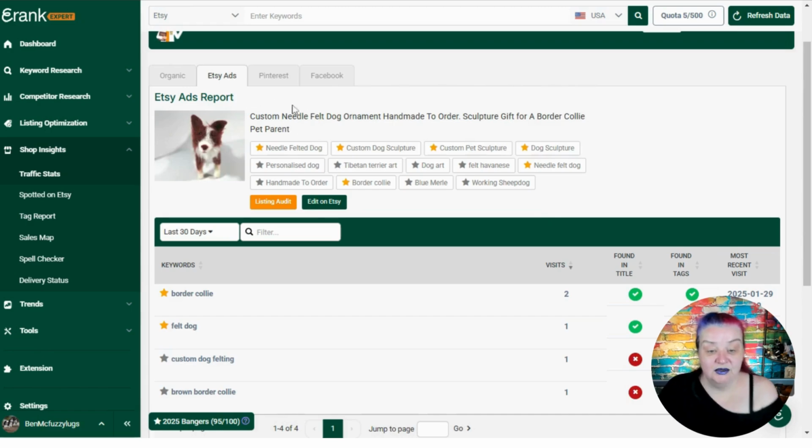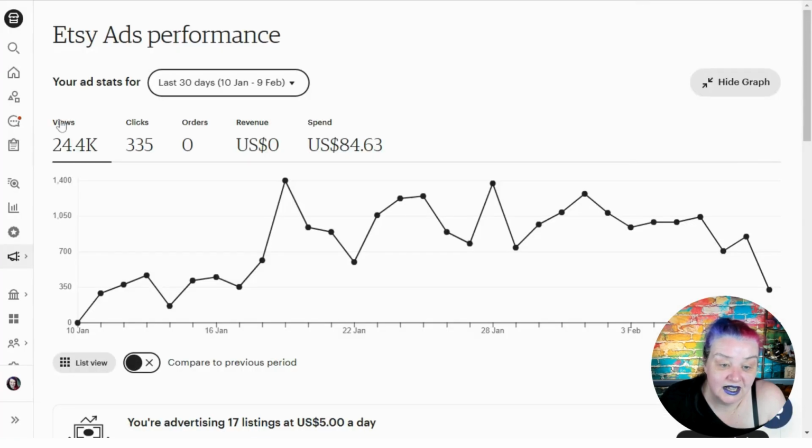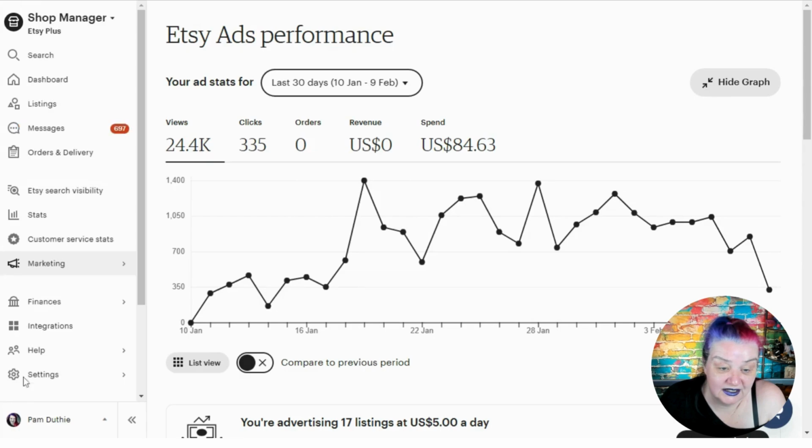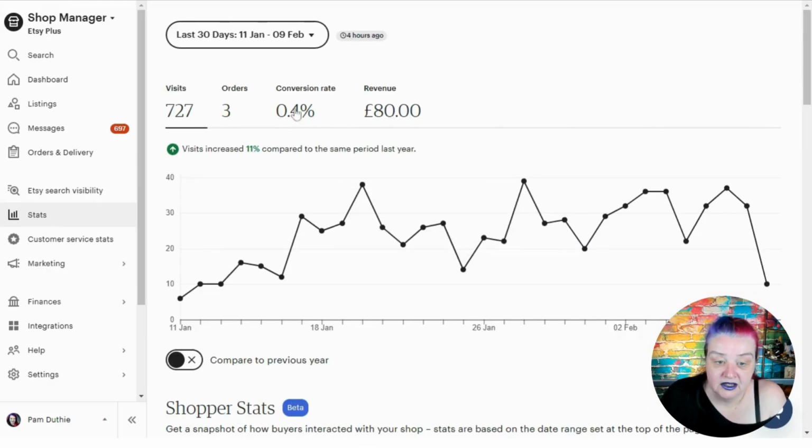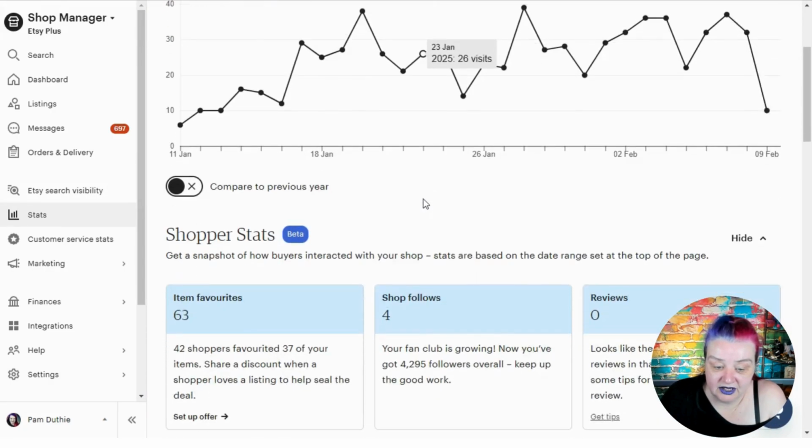Definitely. You want to go into Etsy and maybe take out an irrelevant keyword and put brown border collie because people were searching for it. So why not? But if you haven't connected up everything, you can still see a little bit in Etsy. They don't tell you, but there is a little way to do it. If you go into your stats and pick your time period,